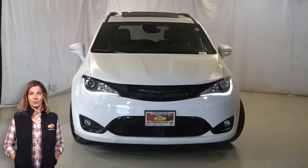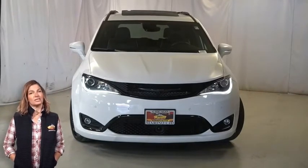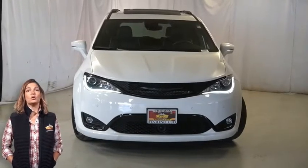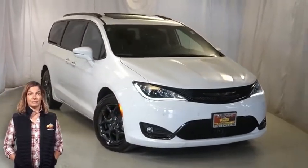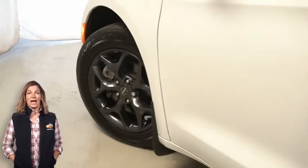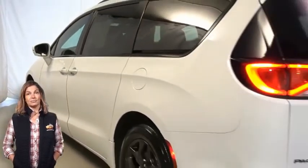Looking for a highly equipped family vehicle that has classic styling and reliability? We'll take a look at the certified pre-owned 2019 Chrysler Pacifica Limited in bright white. With the S Appearance package, premium fog lamps, 18-inch aluminum black noise wheels, black stow-in-place roof rack, black badging, LED